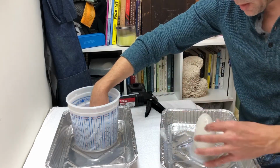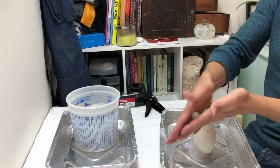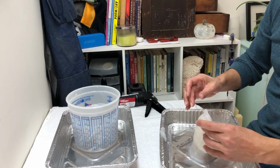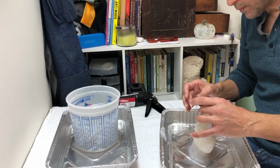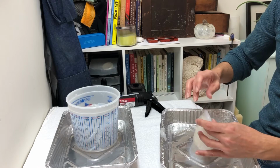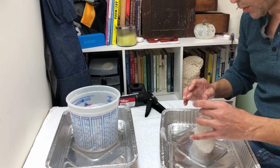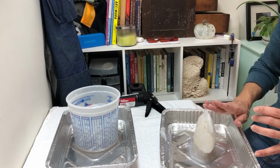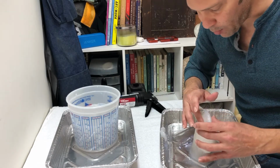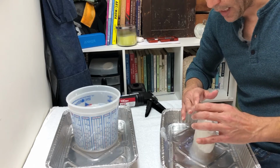This seems like a pretty easy way. So what we're going to do is make a parting line by getting a little noodle, turning it into a little longer noodle, and we're going to add it to make a little fin right where we're going to part it. So I think through all of this stuff before I start. Where's my parting line going to be? And I want to make it not too lumpy. I want to make it an actual fin,